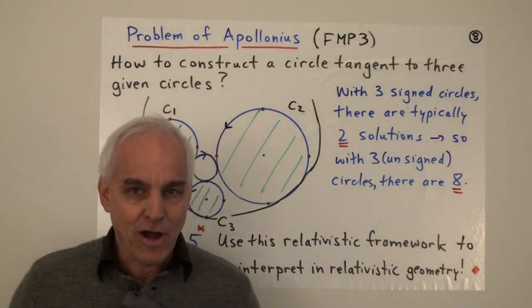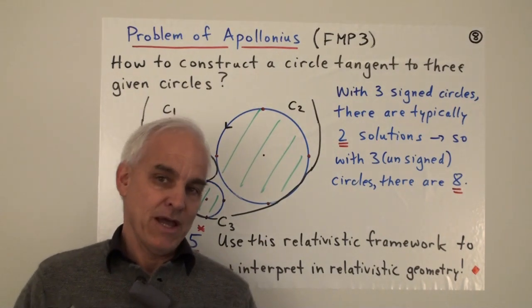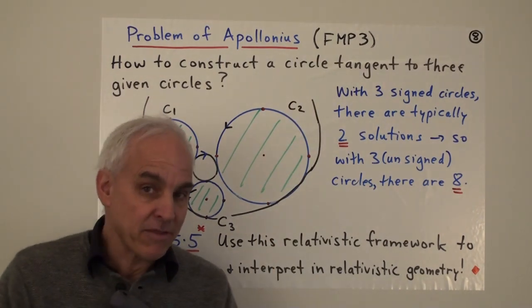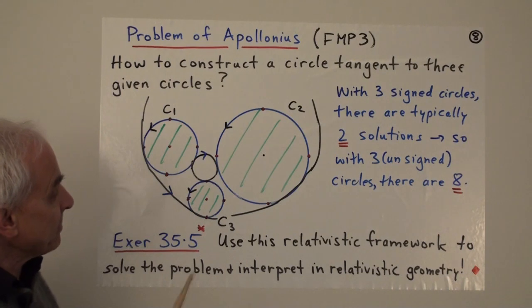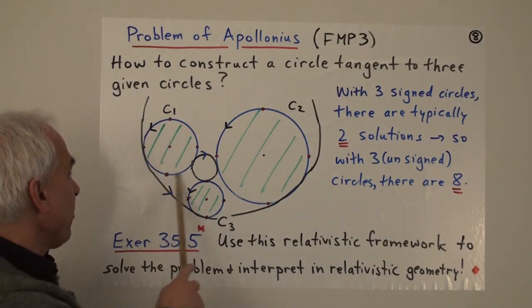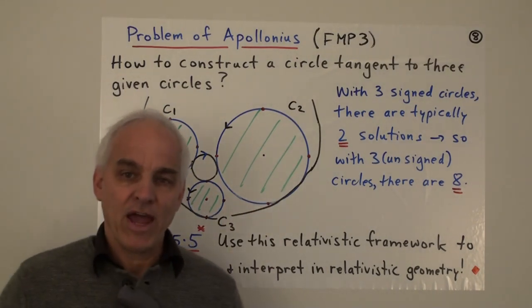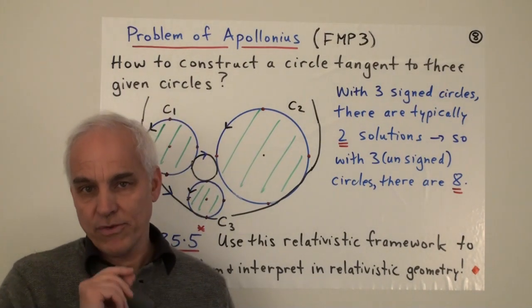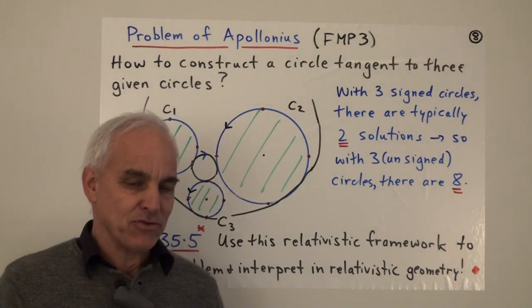Okay, we must now talk about this famous problem of Apollonius, going back more than 2,000 years, and described at some greater length in the famous math problem series number 3. So the problem of Apollonius is a construction problem, and the most general problem is this one here, where you have three circles, C1, C2, and C3, and Apollonius asks, how do we construct circles which are tangent to all three circles? A very famous problem that's seen a lot of interest.